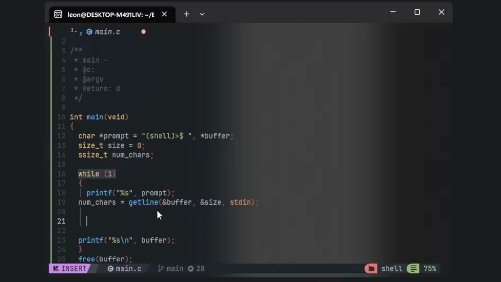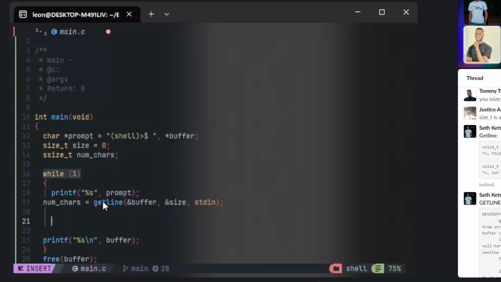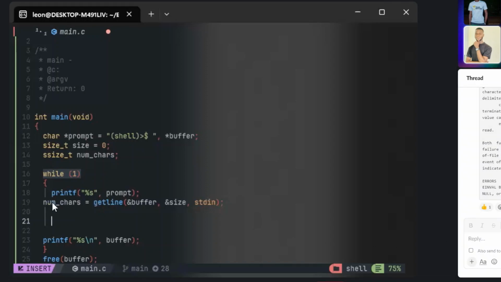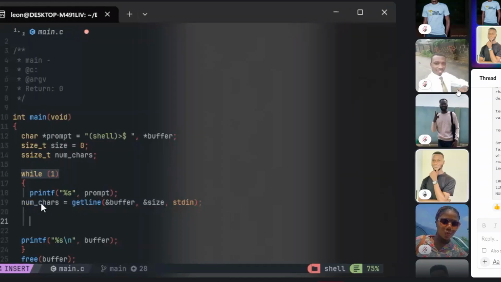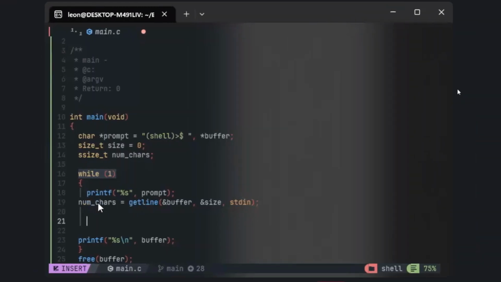Yeah. So that is what we are going to implement here. So getline, if you enter the Control D command, it will actually return -1. That means that num_chars will return -1 if the shortcut that we inputted on our keyboard is Control D, right? So we just raise a condition that if num_chars is equal to -1, then